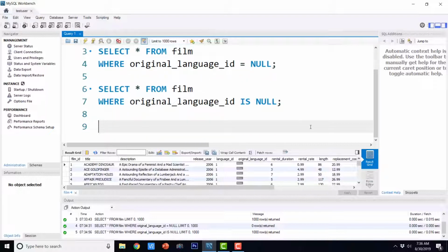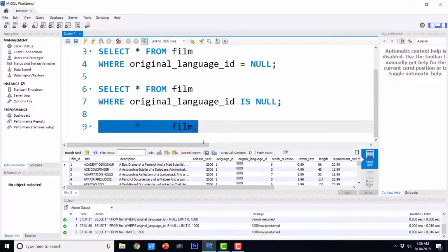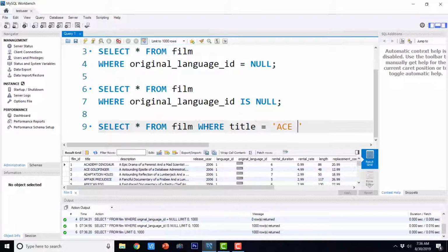Now we are going to check how we can compare string patterns with the LIKE operator and wildcards. So I'm just going to run this query, and I'm going to retrieve the entire data set again. Now here the film name is Ace Goldfinger. So where title equals Ace Goldfinger.